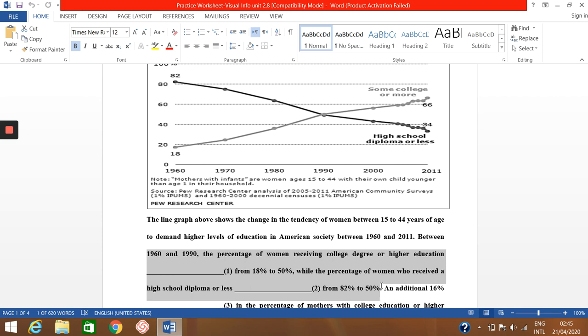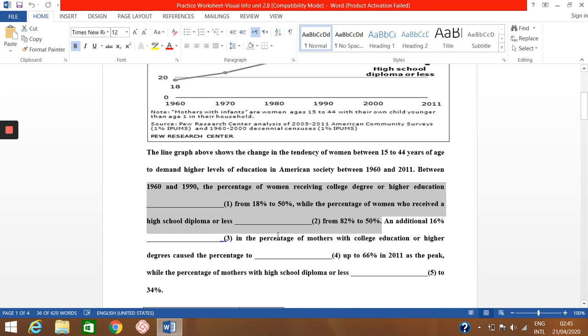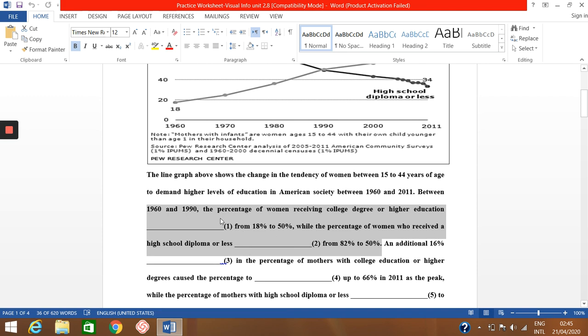So yes, it's a bit long sentence, but we can break it down into two parts so that we can understand things slowly. At the beginning here, he starts by describing the percentage of women who receive, or at least he tries to compare between those who receive a college degree or higher. In which period? In the period between 1960 to 1990. And see that something happened to this from 18%